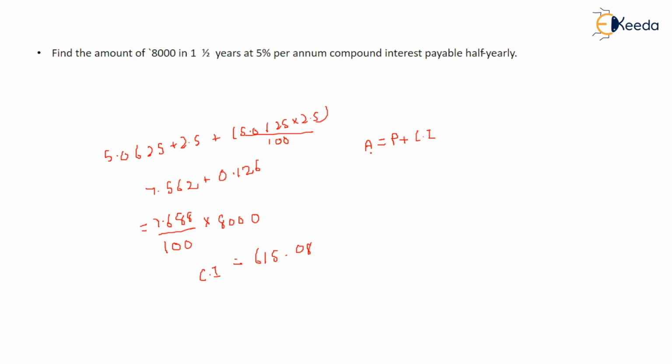So you have to find the amount after 1.5 years. So you have to add this. Okay, so principal is 8,000 that is provided to you, and compound interest is provided to you. After adding this, you will get the amount, that is, this is the amount one gets if they have to pay the interest in 1.5 years, at 5% per annum compounding. What we did here is we divided this 1.5 years into six month gaps, right?